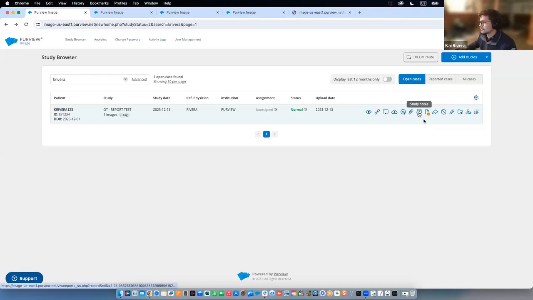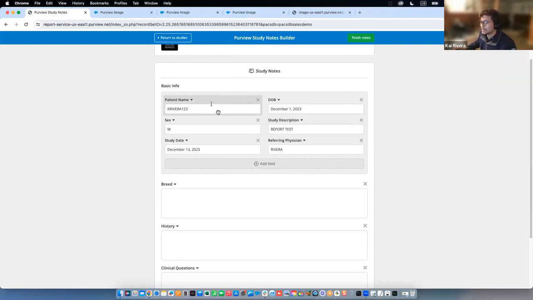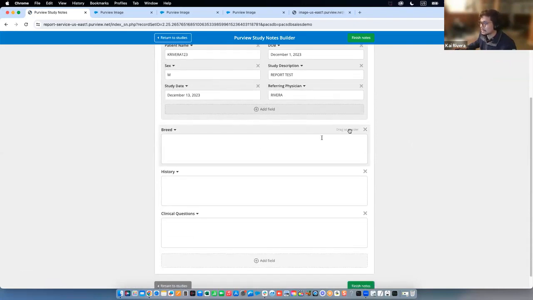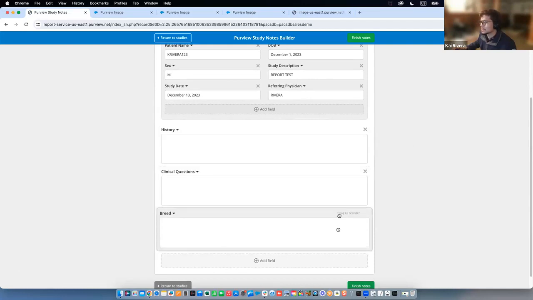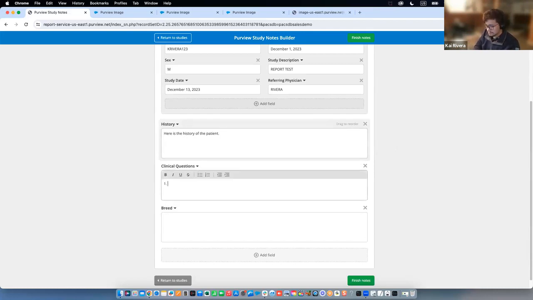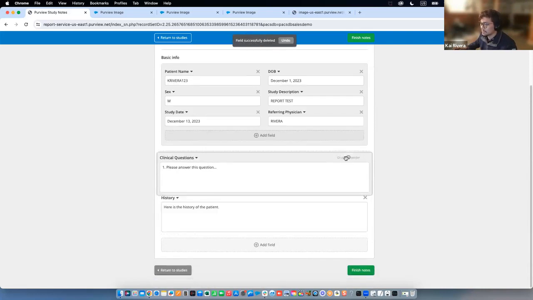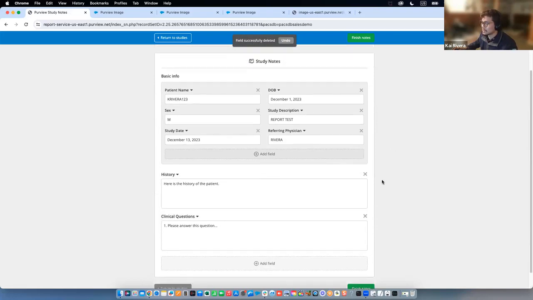So if I'm going to be taking or creating a report, one of the handy dandy tools here that we have is something like study notes, right? Where I'm able to import information from the file and then create essentially notes for the radiologist to review, or perhaps ask any questions. Right, and all of these notes can be templated, so whether I want to reorder them or move them up or down, I can do that as well. Once I finish the notes,